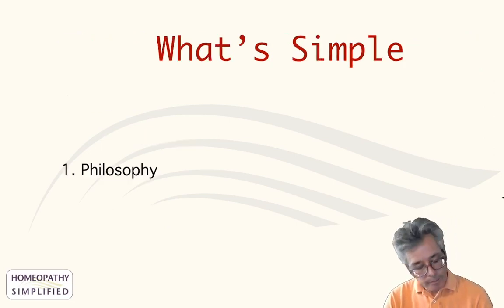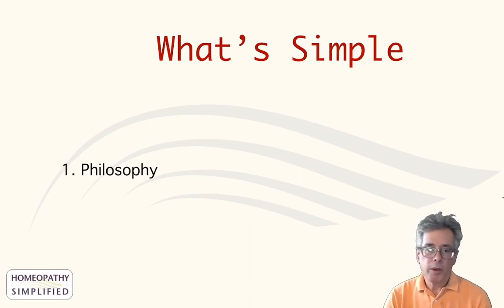And then I want to go through what makes homeopathy simple. Even though some of these subjects are complex in and of themselves, they are logical. The first and foremost is the philosophy. What is the philosophy of homeopathy? How is it defined? What are its principles? What are the mechanisms of action that define it? And what are the scientific principles behind the philosophy? Are those validatable and reproducible?